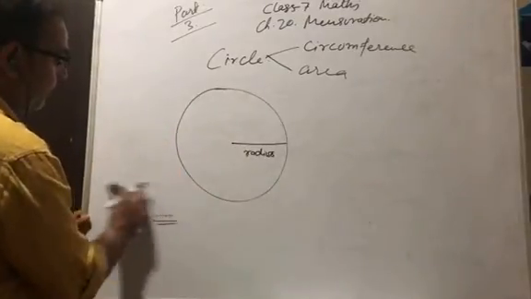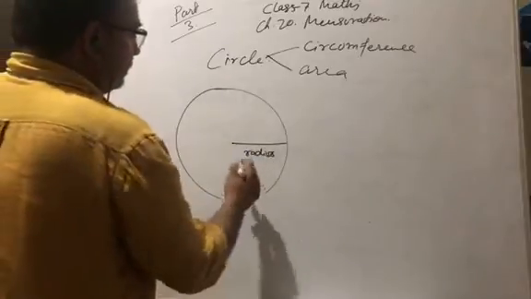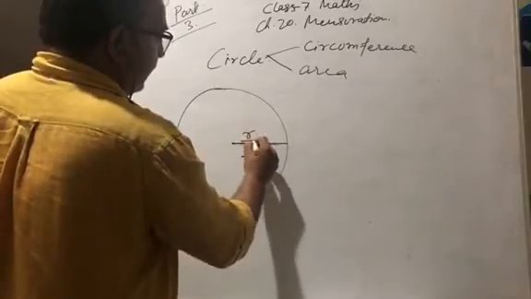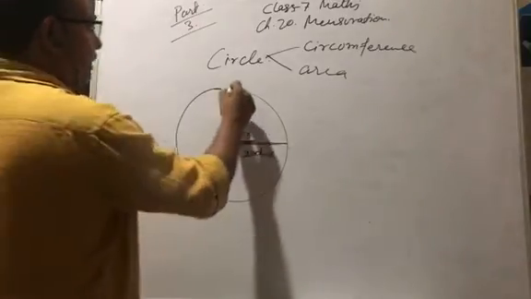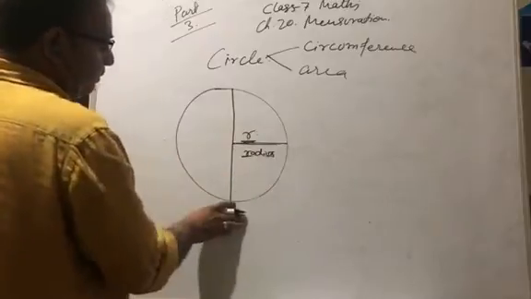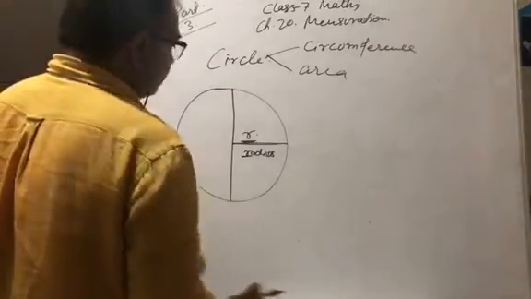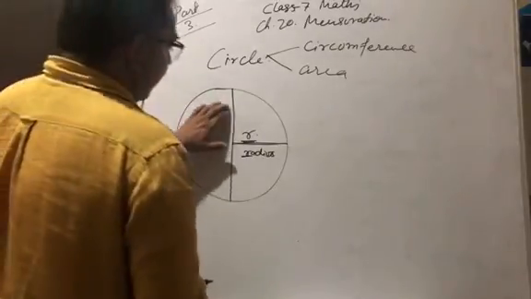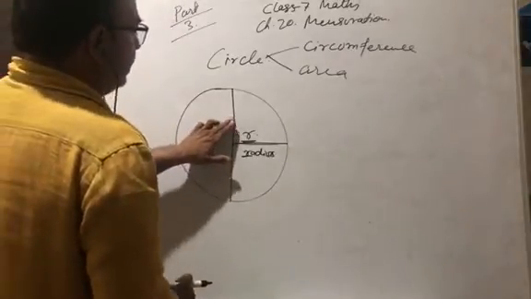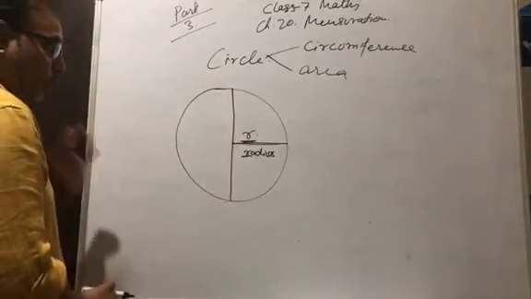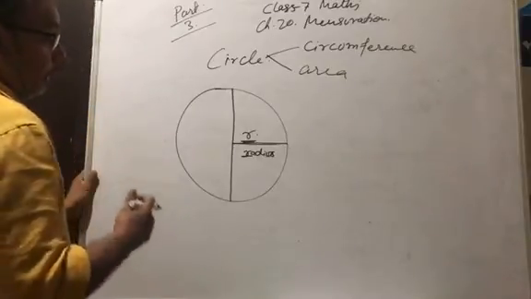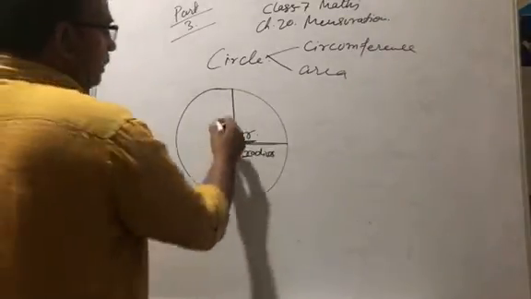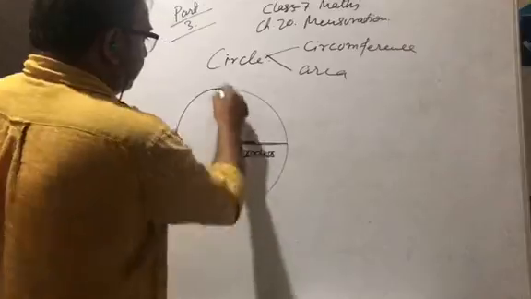So now this is a circle and this is the radius. Radius is represented by the letter R and this is the diameter. If a chord divides the circle in two parts and passes through the center, then it is a diameter, and the diameter is the longest chord of a circle, which divides the circle into two equal halves. So this is the diameter from here to here.